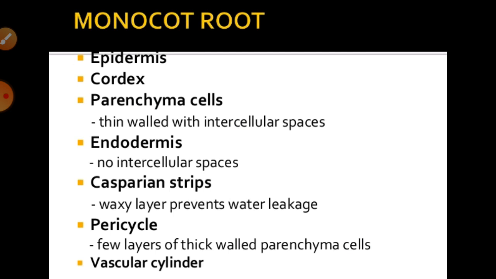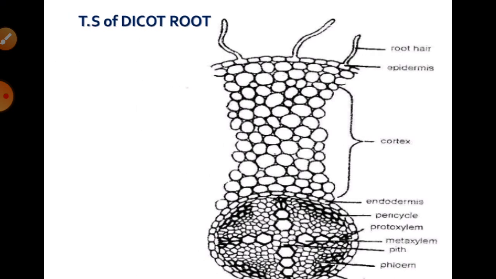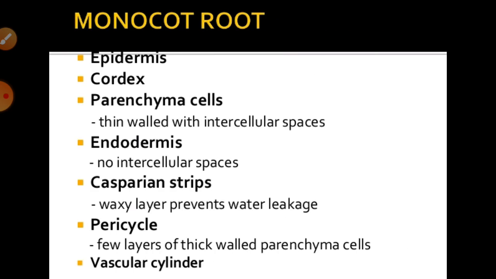Generally this pericycle forms the outer boundary of the stele, and the pericycle may be uniseriate, a single layer, or multi-layered, found in different ways in different plants. Sometimes the pericycle can help in the formation of cambium, but not in the case of the monocot root. In the monocot root the pericycle does not help in the formation of cambium, and it only produces the lateral roots. The pericycle is composed of thin walled parenchymatous cells in young roots, and later it becomes thick walled in many monocot roots.